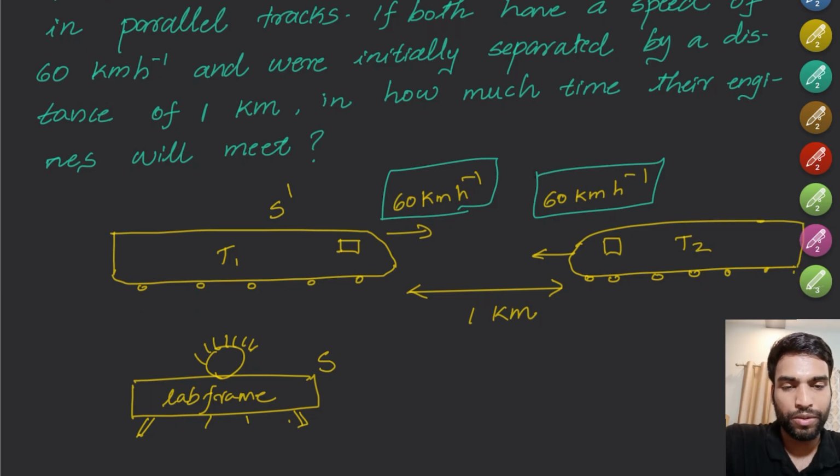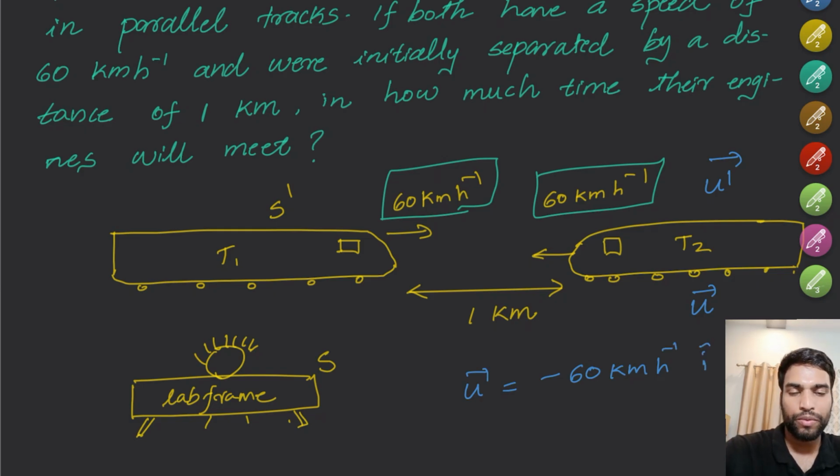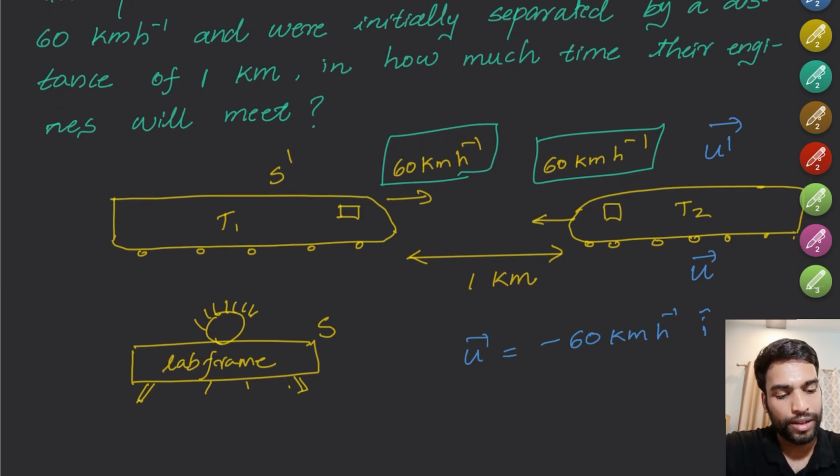We can consider the velocity of train 2 with respect to T1 is u dash. Good. And the velocity of T2 with respect to the lab frame, that means S frame, is u. And u we already know, right? u is negative 60 kilometer per hour i cap, where i cap we are considering in the eastward direction. Okay, and u dash,